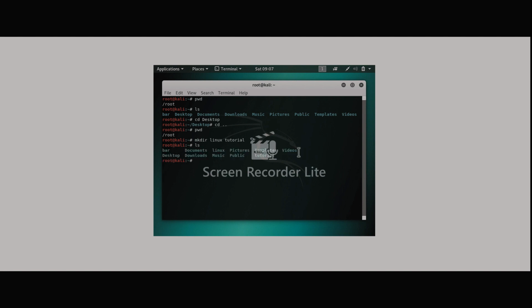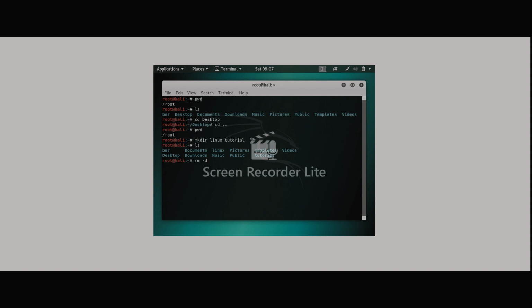Now, as you see, we have the Linux and tutorial directory, file or folder.